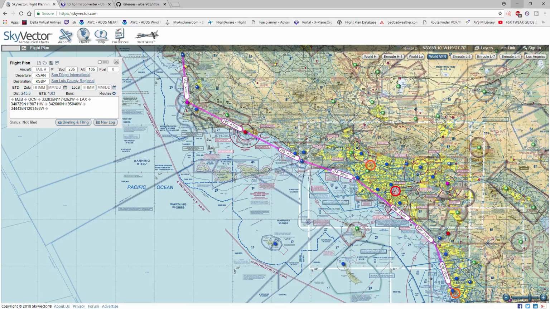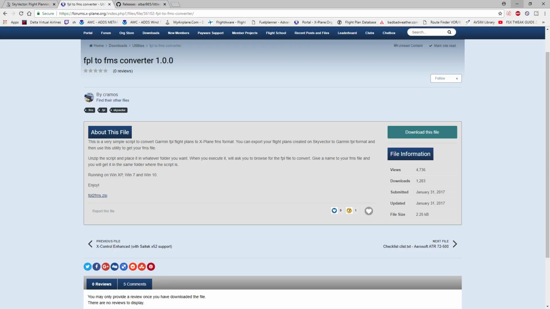Once you do that, the only 2 programs you need are very simple. The first one comes from Kramos, and it is called FPL to FMS Converter. Thank you, Kramos, very much for creating this. That's awesome. Much appreciated. You do need this program in order to upload your flight plan into our next program,